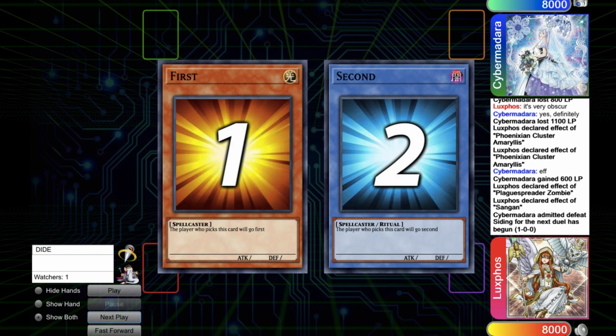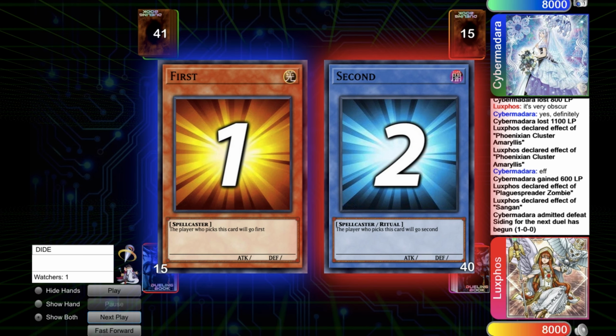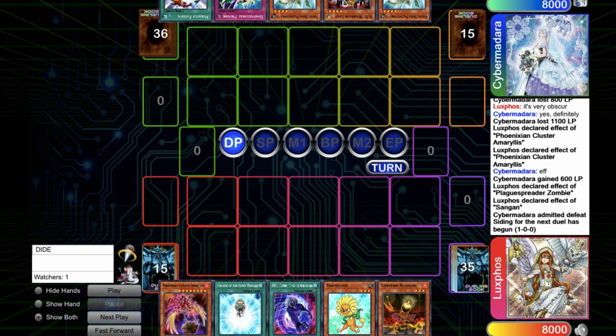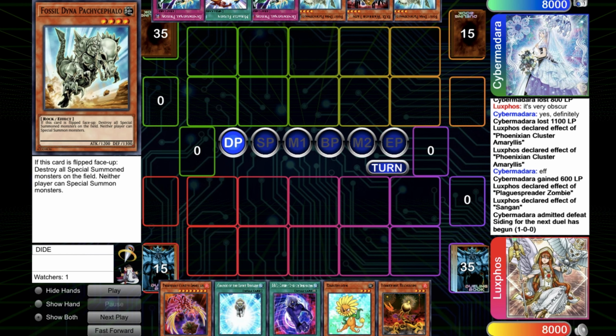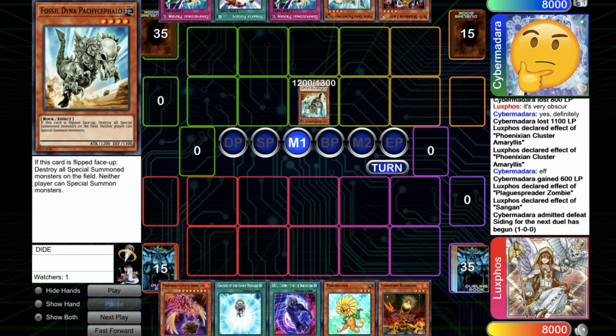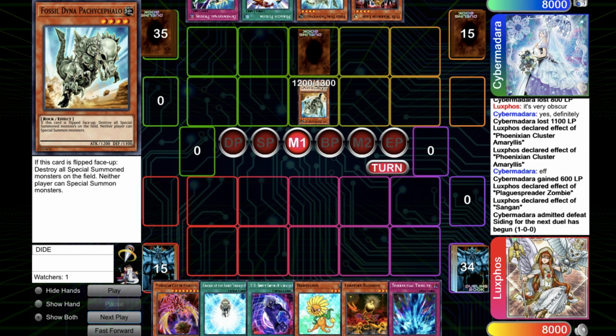So we can go to game number 2, and this time he starts, and yeah, this one will be very grindy. So the opponent has double G Prison, double Fossil Dyna, and DD Warrior Lady, so he's fully prepared to deal with my Amaryllis. So yeah, he just normal summons Fossil Dyna. So the G Prison, so